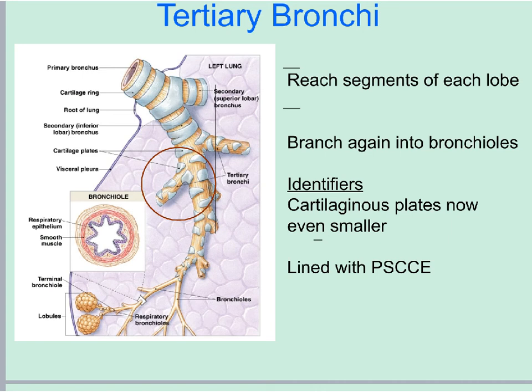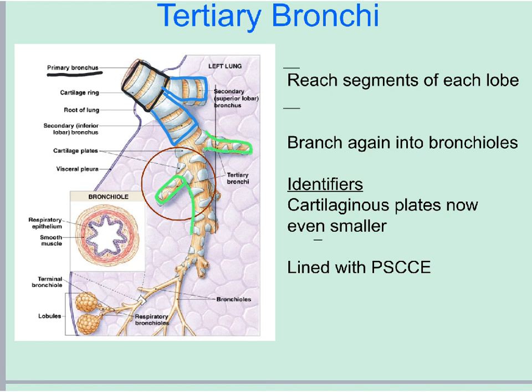Now we're moving on to the tertiary bronchi, and the secondary bronchi give rise to the tertiary. So let me show you what I mean. Let me move that out of the way. Here's the primary bronchus. That's this section of tube right here. And we just finished learning about the secondary bronchi, which would be here. And now these are going to be the tertiary bronchi. So here,